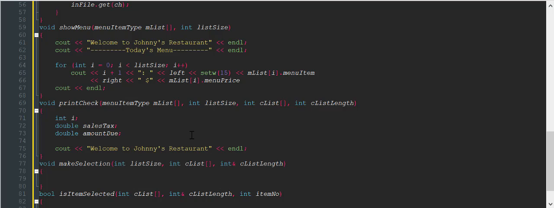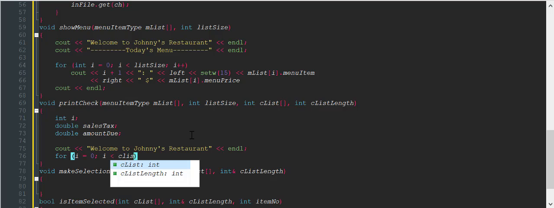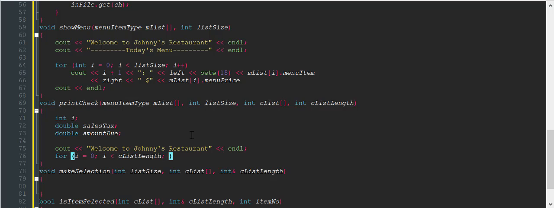And from there we can write in at the bottom for I is equal to 0, I is less than choice list length, I plus plus,